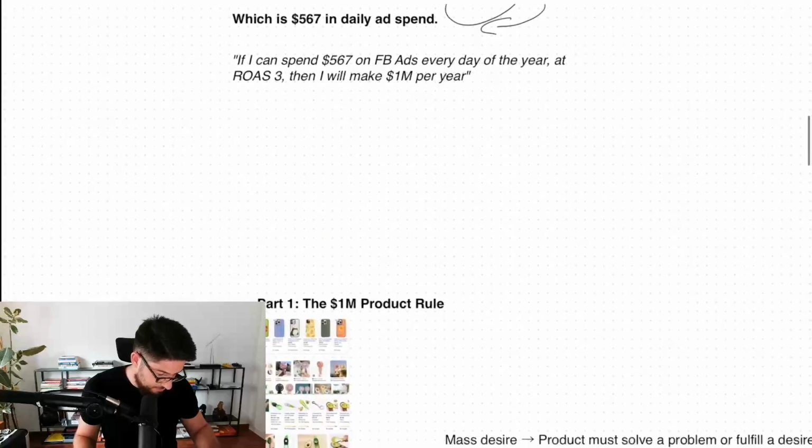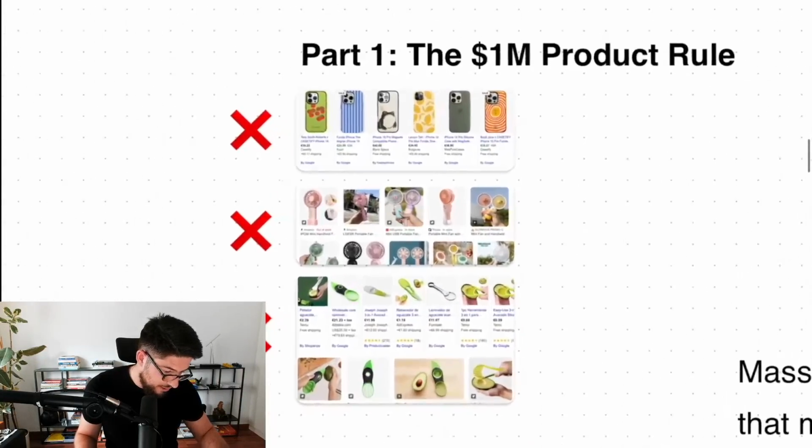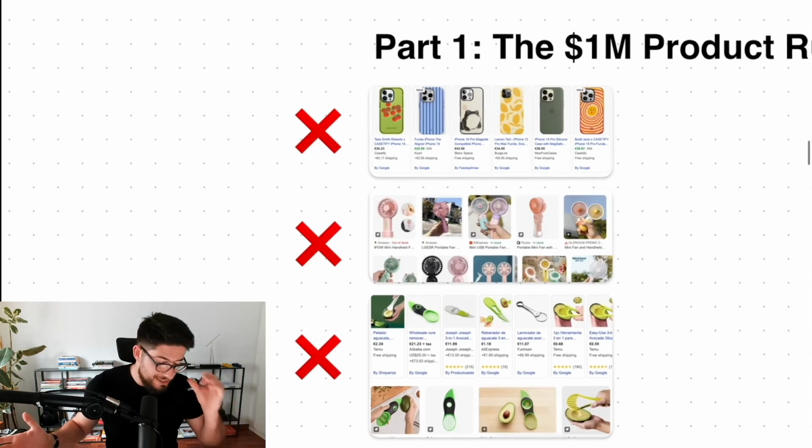Now, after this, let's see the $1 million product rule. So these are examples of products that, in my opinion, are not going to make you $1 million. In my opinion, based on my experience, I didn't